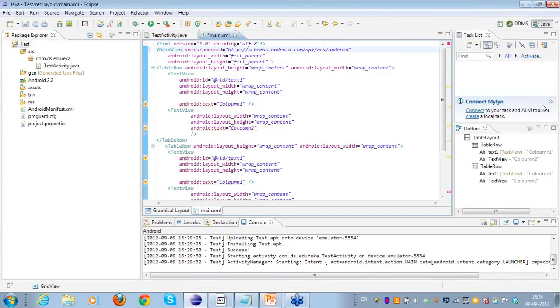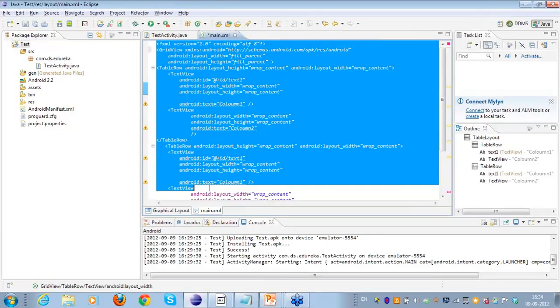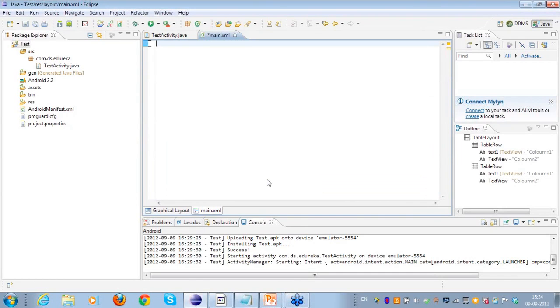So let's take an example of the grid view. Instead of the table layout here, I'll be using a grid view. In the grid view, I'll just close this grid view here. Or what I'll do is delete all of this and create a new one. I'll create a linear layout here, and I'll close this linear layout. Under the linear layout, what I can do is